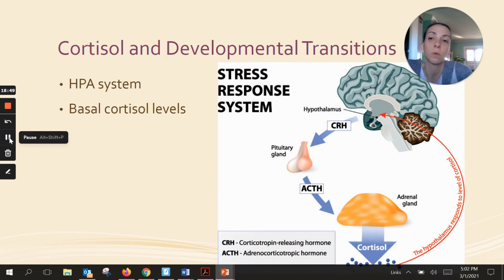So let's talk specifically about cortisol. The HPA system, as we know, deals with our stress level, but it also has a role in the development of disruptive behaviors. What happens is that the HPA response can get altered by inadequate parenting, early toxic prenatal experiences, abusive and insensitive caretaking, and inconsistency of caretaking. It alters the development of threat, fear, and stress-relevant systems. So if we have chronic exposure to those, we're going to be less sensitive to those types of events. And as we know, those types of events can lead to disruptive behavior disorders.